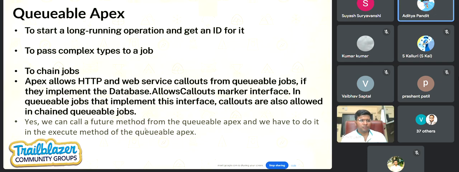Yes, I guess like that. Because you don't get an ID. You would be able to do the manipulation only if you have the ID for that job. Like in Queueable, you can do that. You have the methods for controlling the execution. You can pause the execution, you can even resume it. Everything is possible, but here it's not possible.